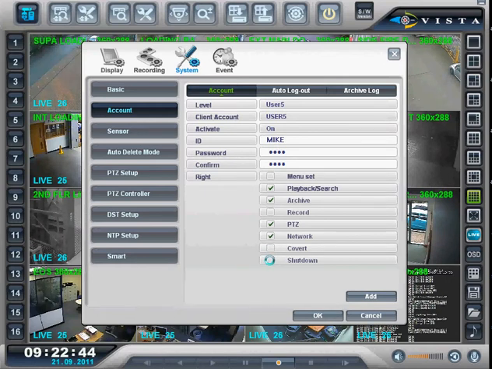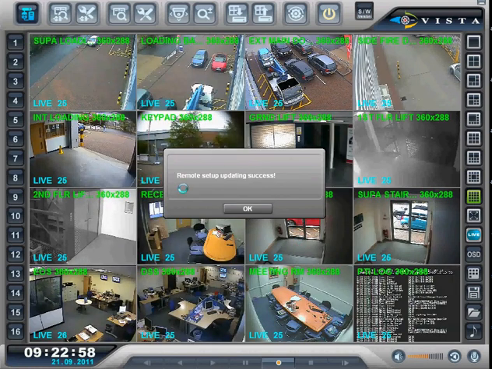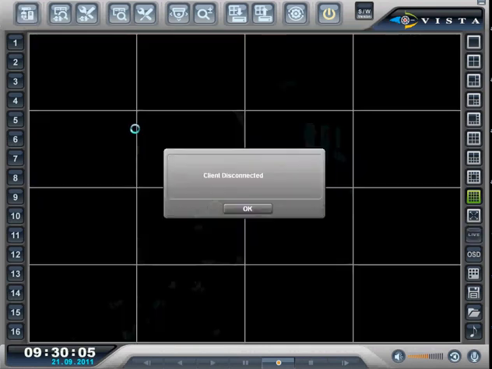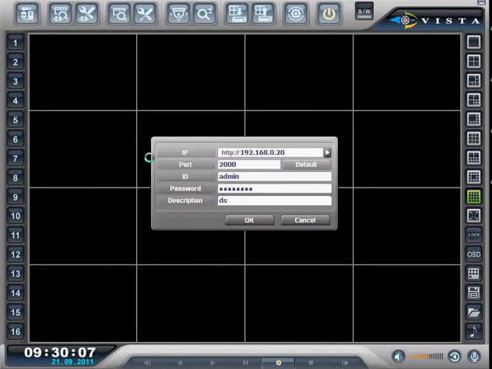It means that you're giving the ability to that person to close down, shut down the CCTV system and stop it recording. So once you've given them the ticks you want, click add and OK. It'll send you information, remote setup, update success. Click OK. I'm now going to disconnect, and now I'm going to reconnect as Mike,